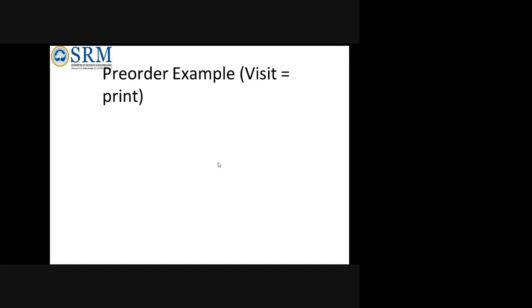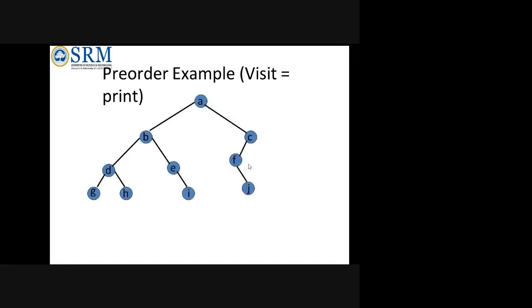I will take one more tree. See here, if I take this tree, first I will go with the root node, because keep this in mind: root, left, then right. So A will be my first root, because A will be printed initially, then it has a left child. Now recursion happens. You see here, it has a left. Actually A's left is only B.